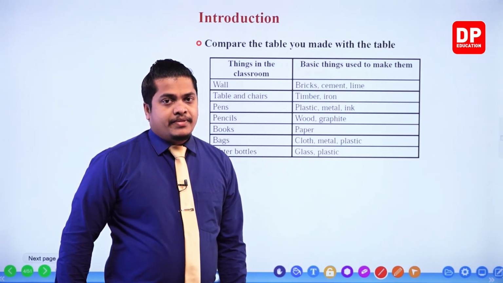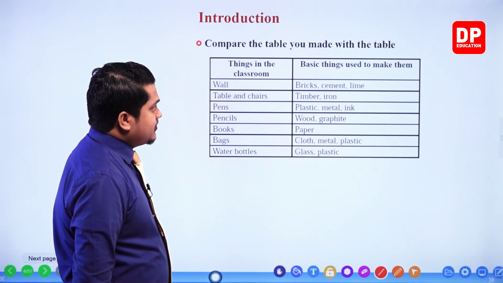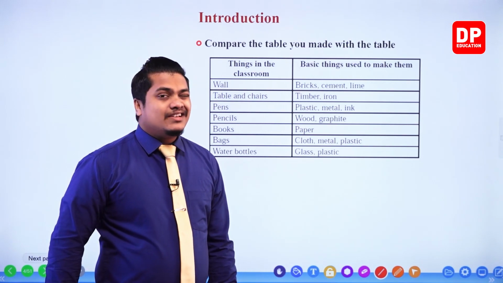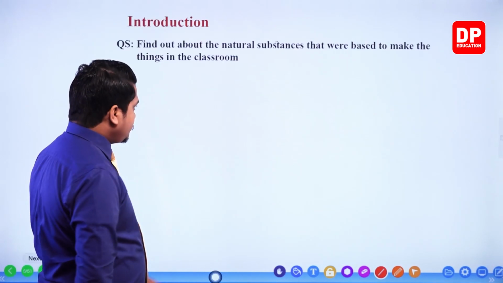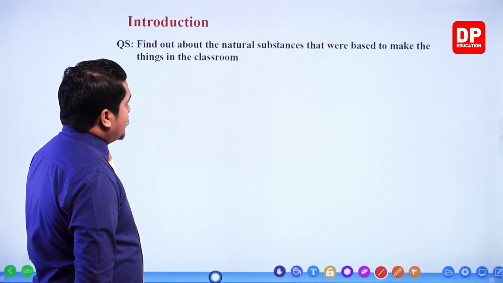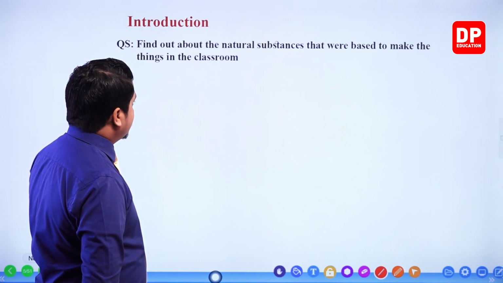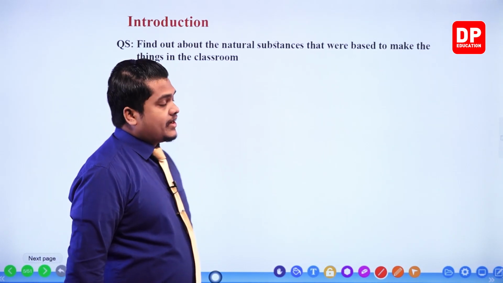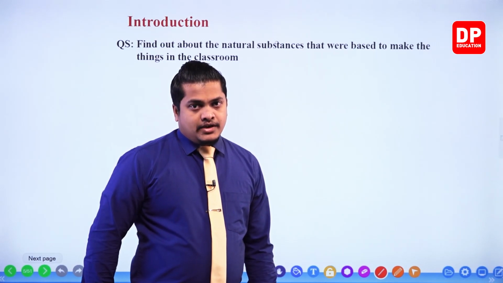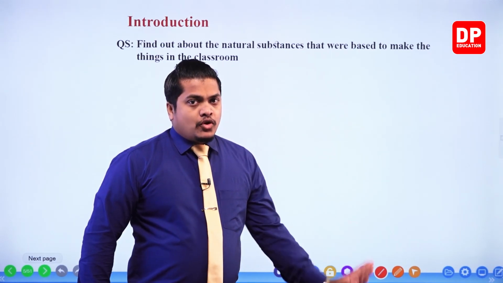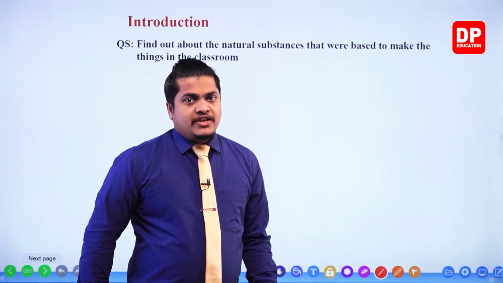my dear children, to compare the things which you have collected, right? So by looking at these tables, you can clearly identify the natural resources. Here it is given: find out the natural substances that were used to make the things in the classroom. Now we need to find out the natural substances which are used to make these things, right? So we'll write down those three once again, and we'll mention only the natural resources that we utilize in making